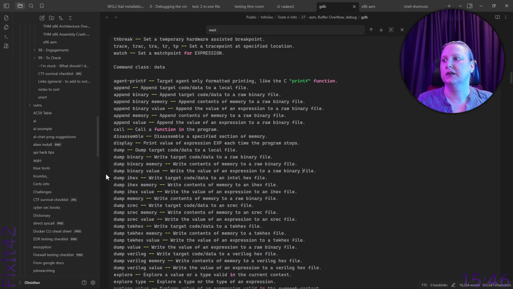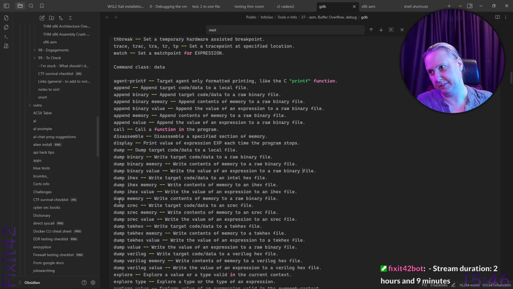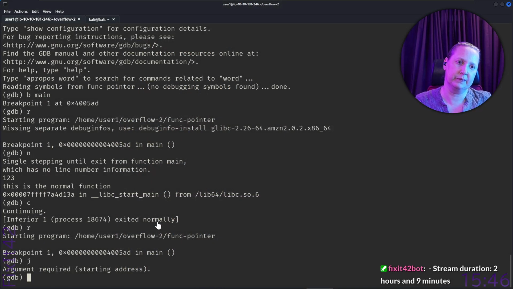Dump memory. To a raw binary file. So, let's do dump memory, right? What on earth was J? Alright, jump to something. So we just started it, and there's a breakpoint, and this means that the functions should be in there. So if we do dump memory,